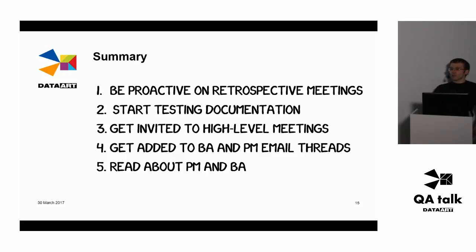So the better you know people you provide information to, the better you know how it all works in general on the upper levels above QA, the less time you need to gather the right information. Also, if you're involved in process updates, if you make your product less buggy, if you make your process more efficient, it basically saves you some time to get the right information to test.